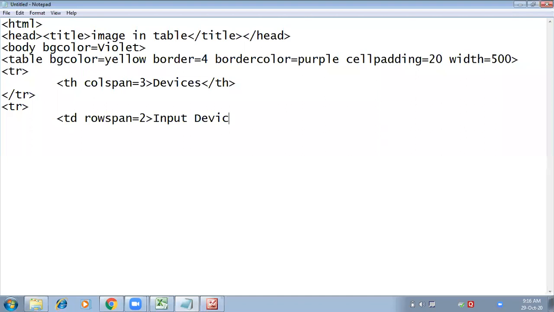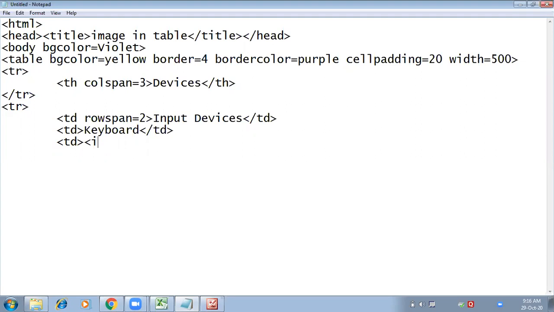Input devices, close TD. Now second cell, keyboard, and third cell. No, sorry. In the third cell, we have to insert the image of keyboard.